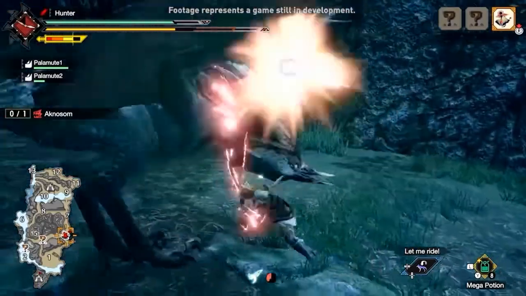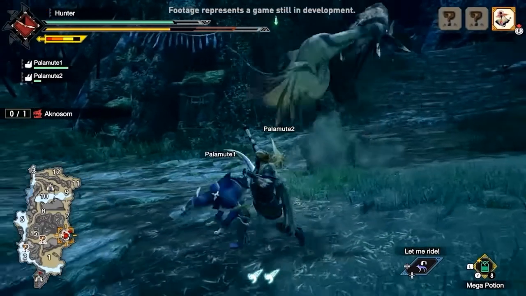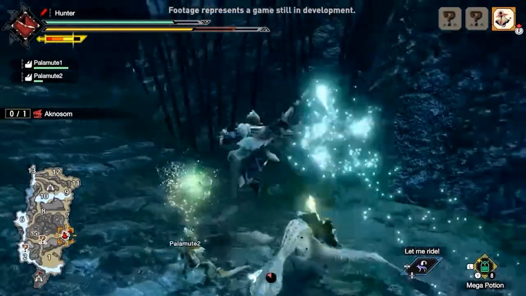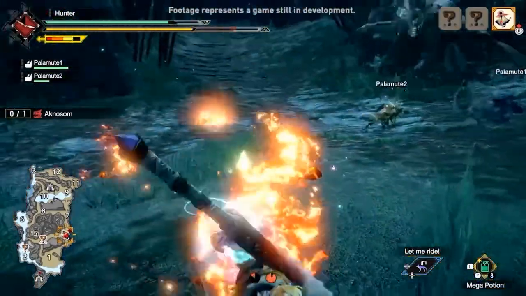And here, a hunter dodges. Stop the video right now. Did you guys just see that? He's behind the monster, and he goes, "Hut, zip, zip," and is now directly in front of him with